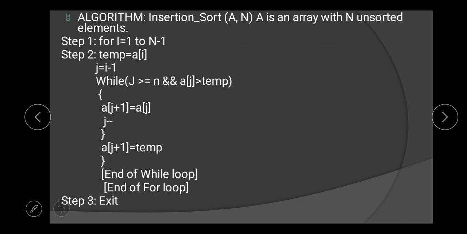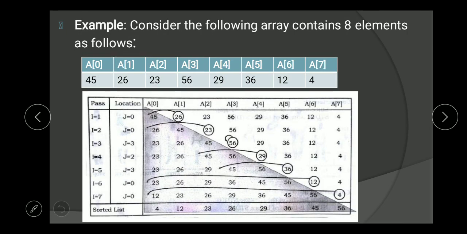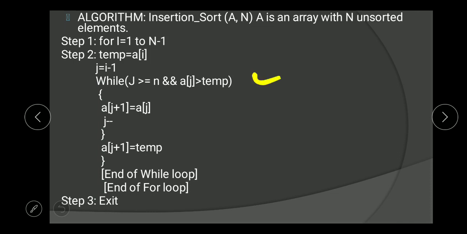Otherwise we will come to A of j plus 1 is equal to temp, that is we will place the key element in this position. If the condition is true, then A of j plus 1 is equal to A of j and j minus minus, that is we will again compare the element with the next element in the sorted list,